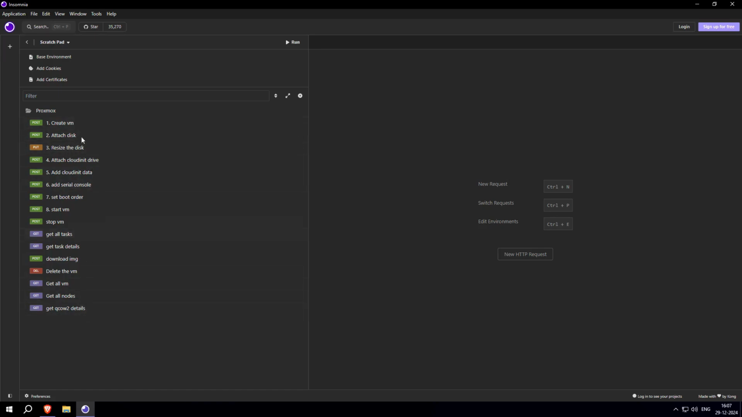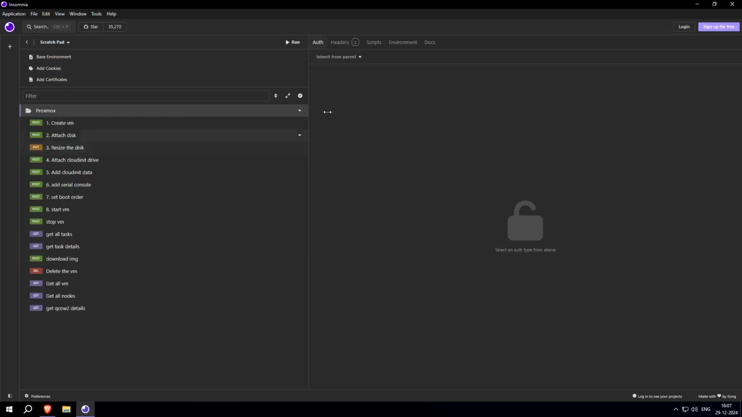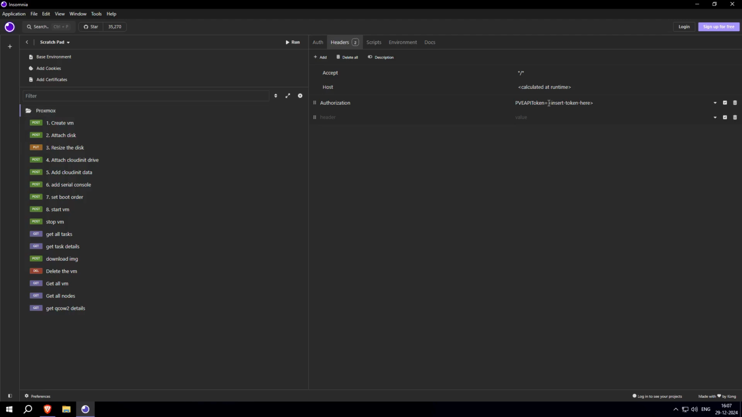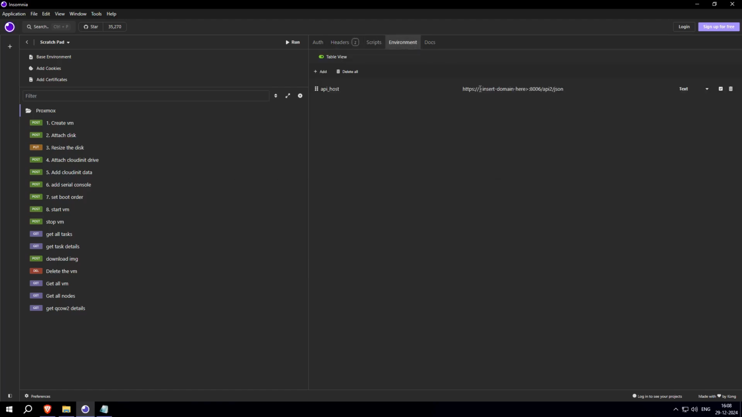There are two things that you need to do before using this collection. Click on the Proxmox folder, click on headers and replace with the token that you copied earlier, that is the API token that you created at Proxmox. Paste it like this, and the other thing is click on environment and change the domain here that we copied earlier. So mine is